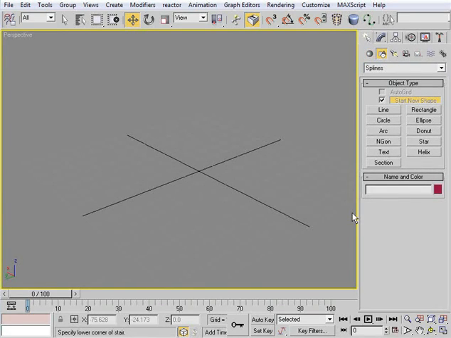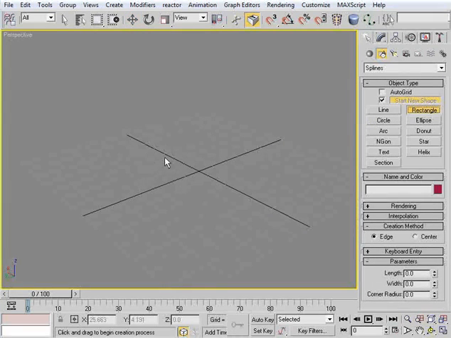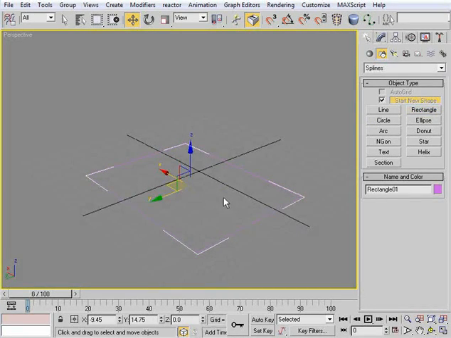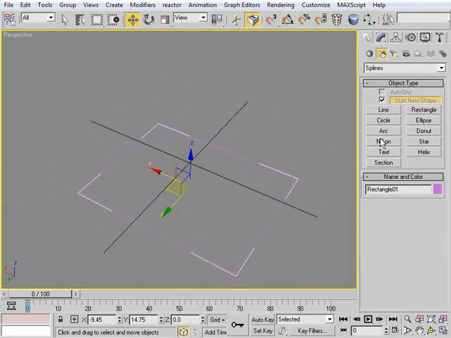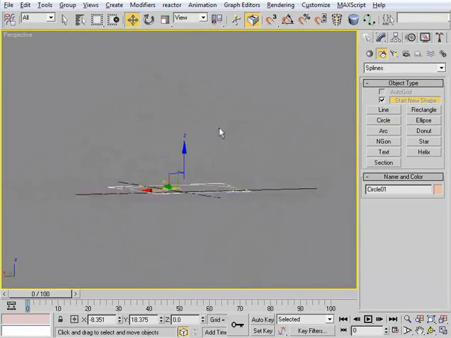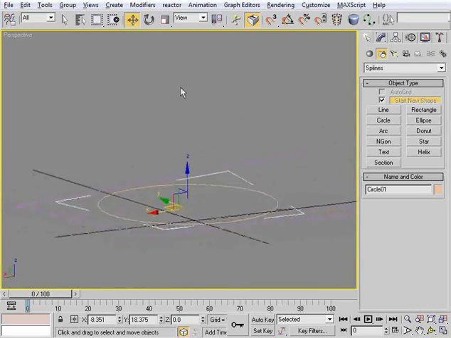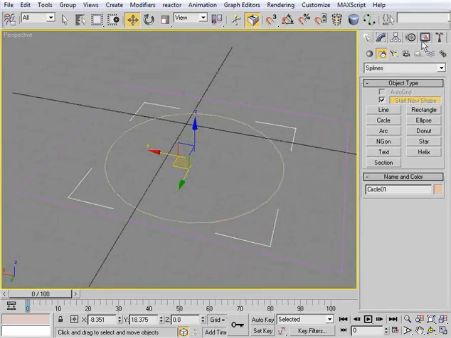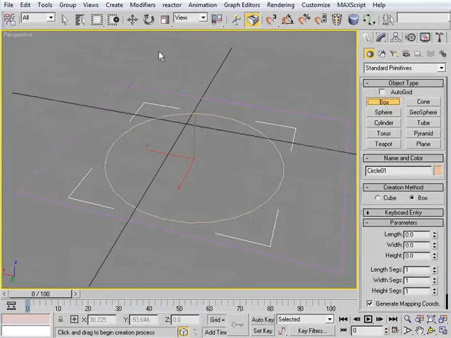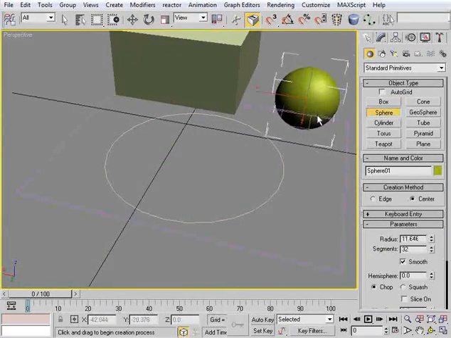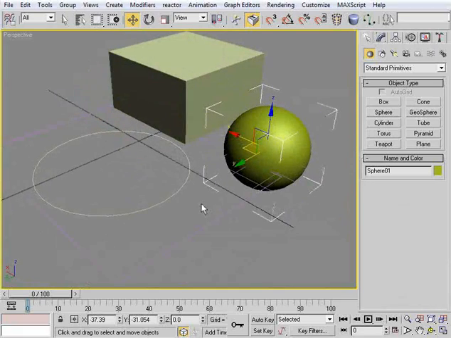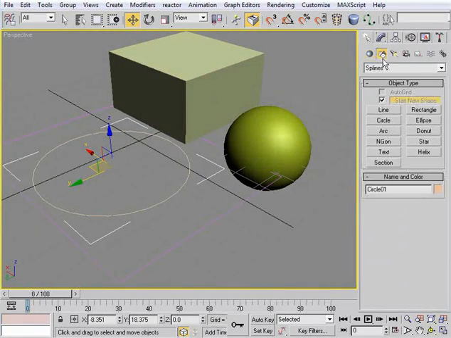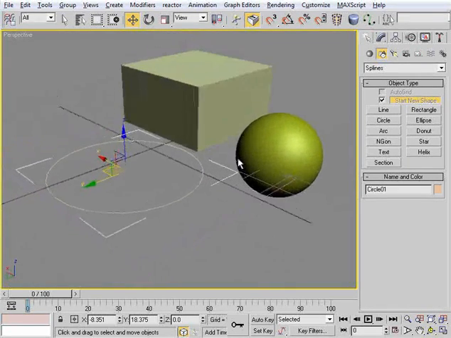And shapes are different than geometry because we have splines. So I'm just going to click on rectangle, and we see that all we've created is a rectangle or a circle. These are not 3D in any stretch of the imagination, whereas our box or our sphere obviously is. Okay, so our 2D shapes, or our splines, or lines, however you want to look at them, are the building